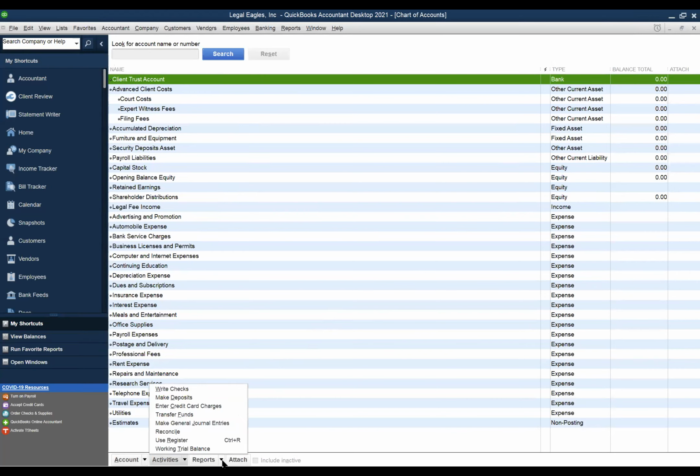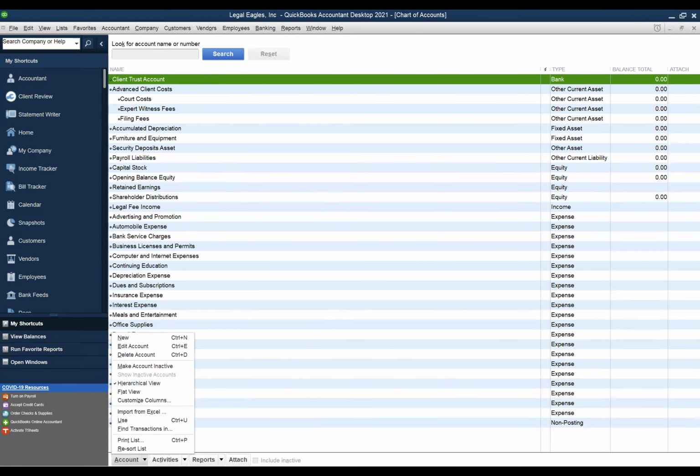Yeah. So under the account menu, there's an option that says import from Excel. And so you would click on that option and then walk through the steps to import your chart of accounts